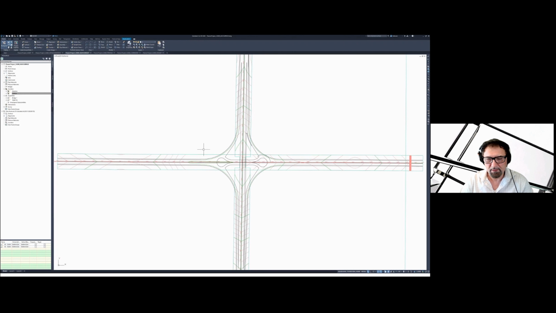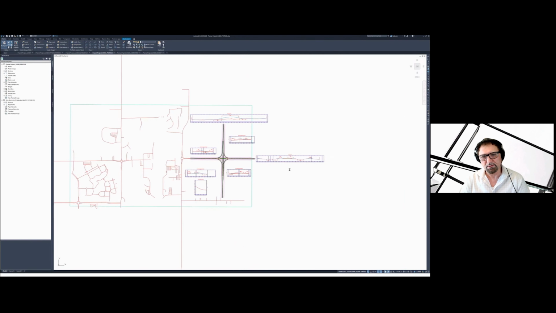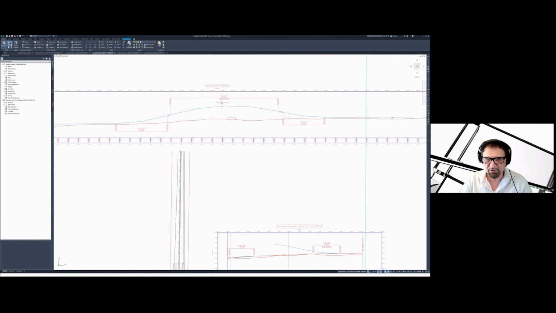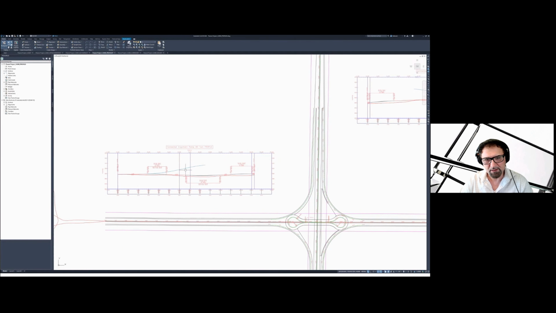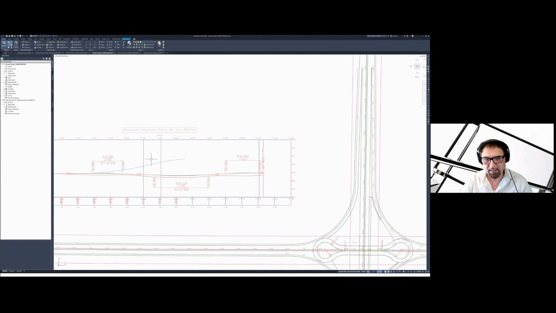Of course, that temporary surface can be set to have an invisible style, and you could also turn off the corridors if you don't need to see it. The main purpose is to design the finish grade. So I'm going to go to profiles and show you how that worked for profiles. I already said how we use the finish grade to design the mainline profile, but for each one of these, I utilized that temporary surface, on both the main road and the sideline.